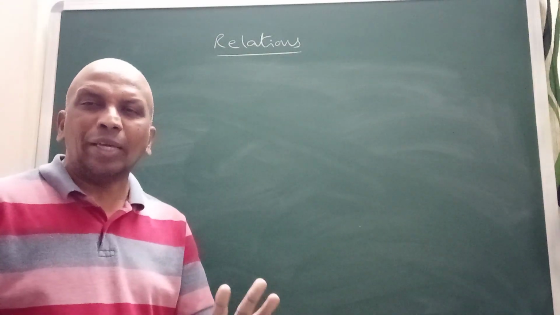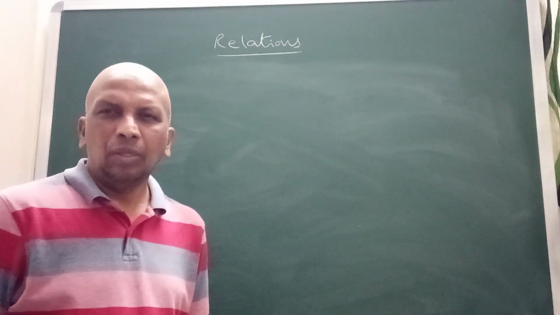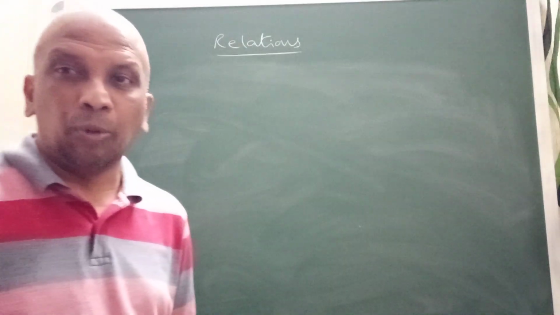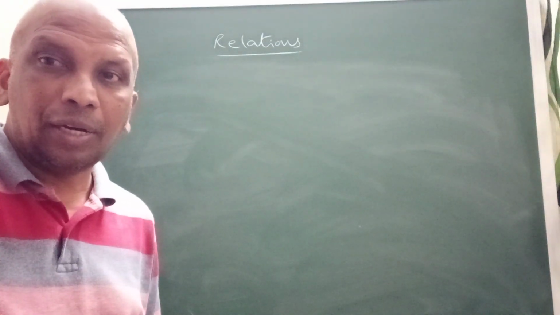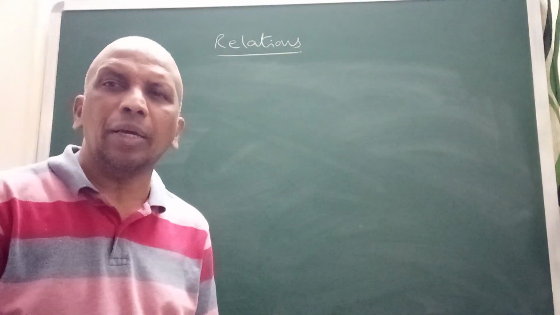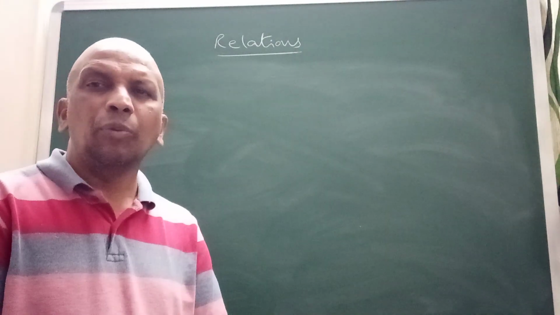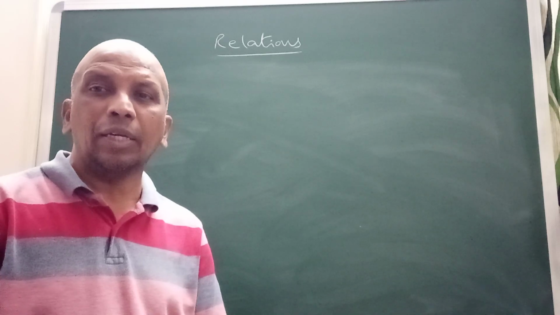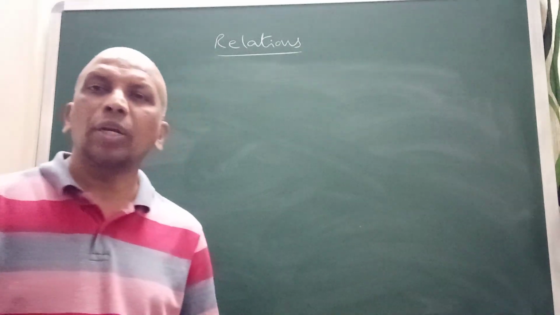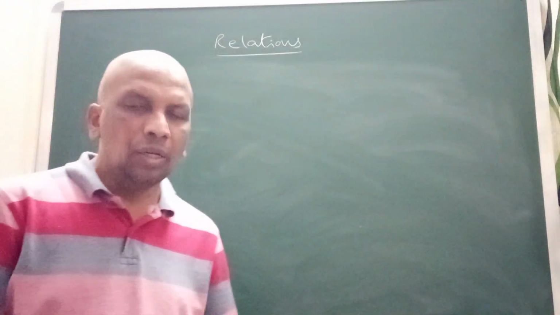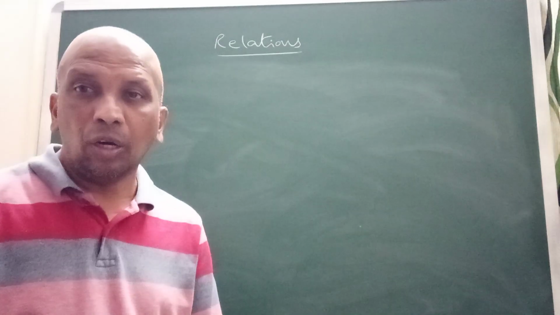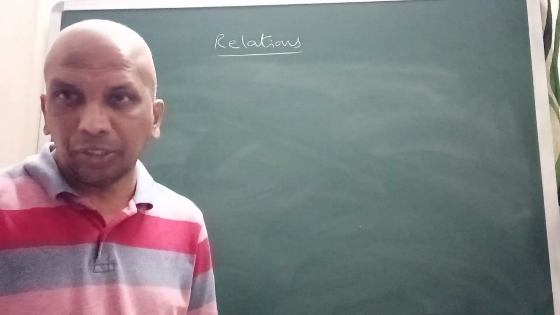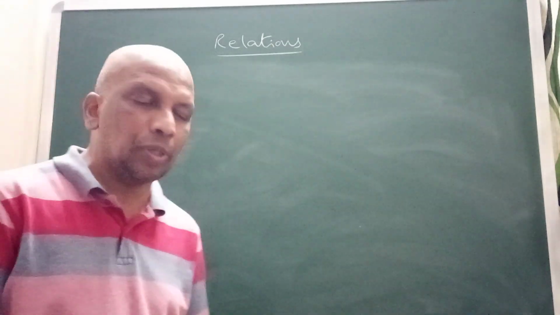Now, these are the three ways we can express a relation. Before that, I am going to discuss what the domain of the relation is and what the range of the relation is. We can express any relation in three ways: one is roster form, another is set builder form, and another is visual representation. The arrow diagram is known as visual representation.